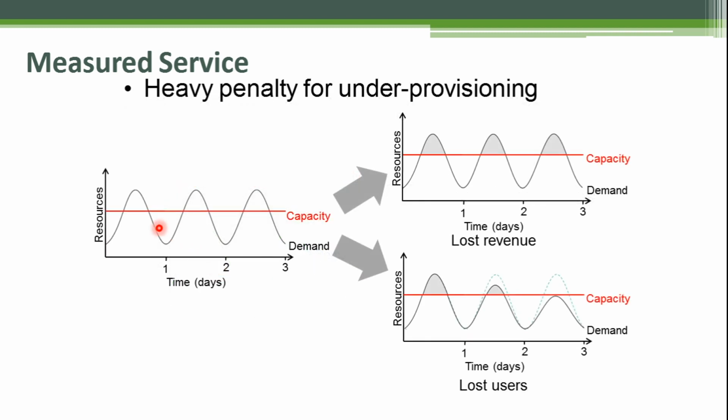So when you cut down your resources, what happens at some point of time when the requirement goes above? When this is your requirement and the demand goes high, you lose revenue because a lot of customers will not be able to access your environment anymore, and you will lose users as well, because if your site shows 404 errors back to back, then the users will not return to your site anymore, right?